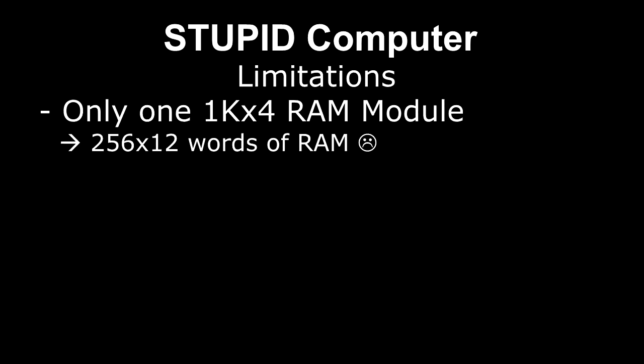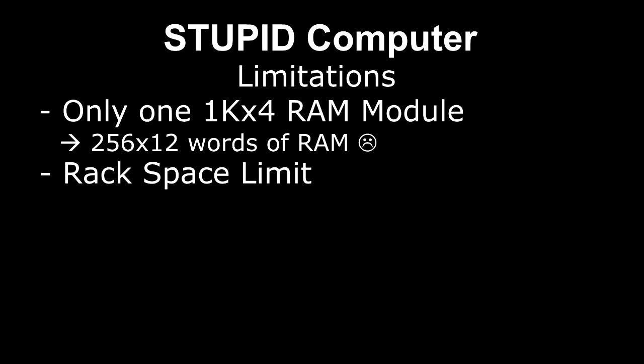First of all, the biggest one is probably that we were only allowed one RAM card, one RAM module, and that was a 1K by 4 random access memory. This is a 12-bit machine, so I needed it 12 bits wide. So what I can get out of that is 256 by 12 bits, and not in one read cycle. So there's some little extra state machines to handle the reading and the writing of the RAM, which we didn't see there in the block diagram because I thought it was pretty crummy that they made us do that. But hey,